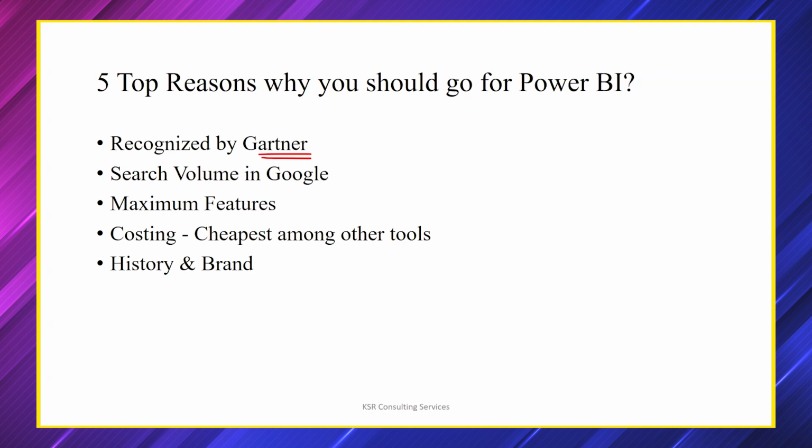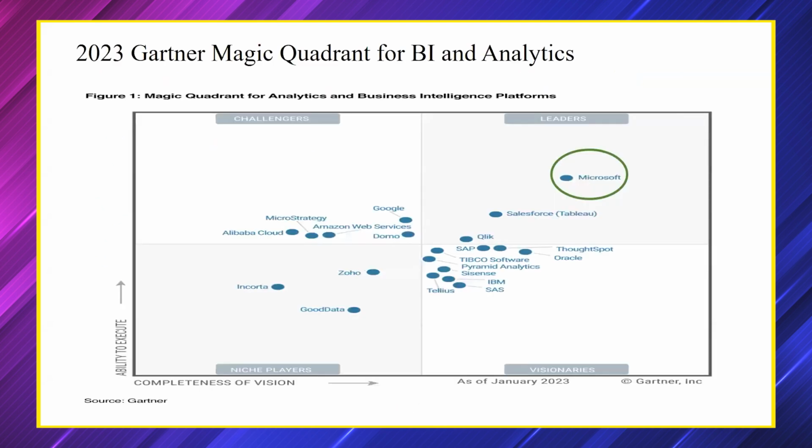If I talk about a company called Gartner, the Gartner company is known only for comparisons. What do you mean by comparison? They'll compare iPhone with Samsung. They'll compare Vivo phone with Samsung. They'll drop them from the top and see what the quality is. Like this, their only work is comparison. Now, this company has actually compared all the business intelligence tools which you're seeing on the screen, right?